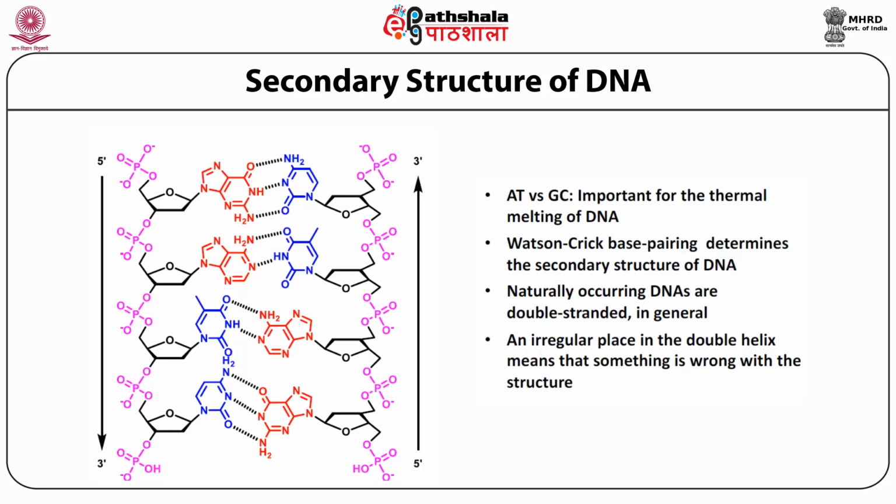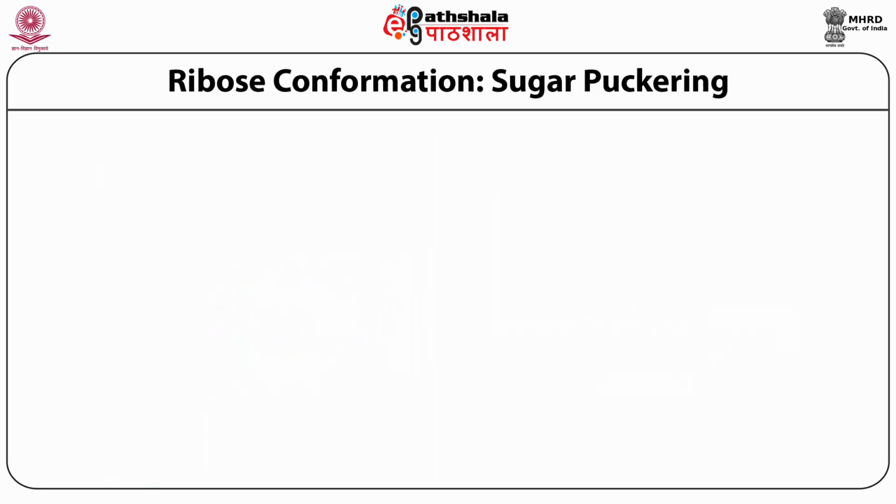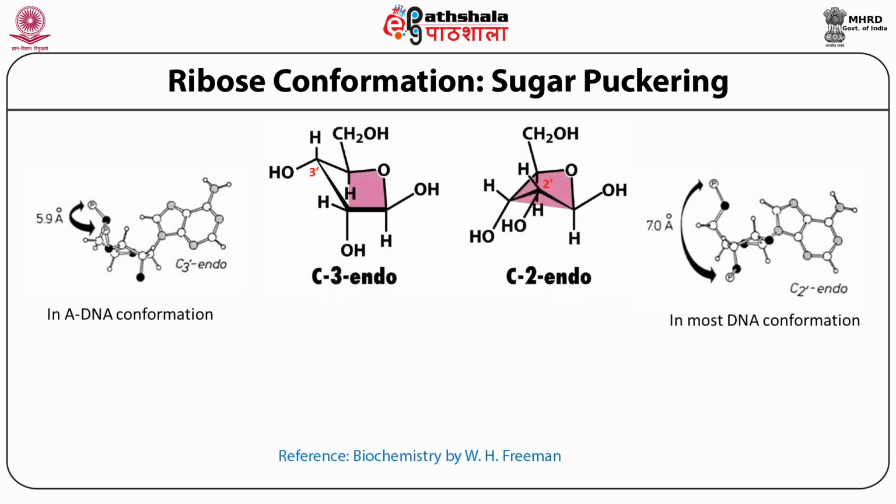That means, on the other hand, we can understand that something is wrong with the sequence in the structure. So let's look at the ribose conformation, also called sugar puckering. There can be two different types of conformation present in the ribose sugar. You can see that the carbon adjacent to oxygen is numbered as 1, and in the first case that can be C3 endo. That's where the C3 carbon is elevated from the plane consisting of the oxygen unit,